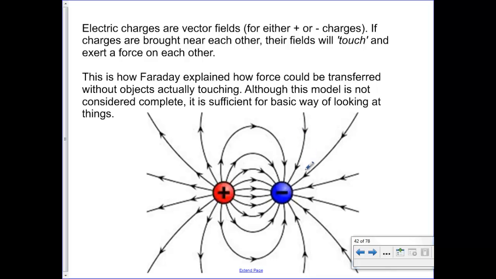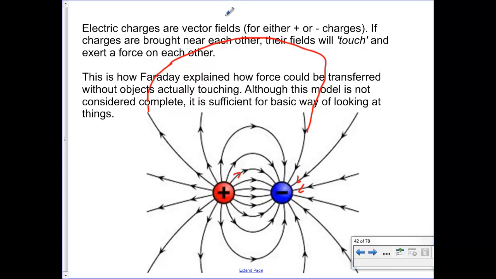You'll notice that all of these arrows are pointing a certain direction, and they're always pointing towards the negative. So this is pointing in towards the negative, in towards the negative, in towards the negative. Even as it's going out this way here, ideally it'll eventually loop back around and then come in towards the negative. So field lines are always drawn